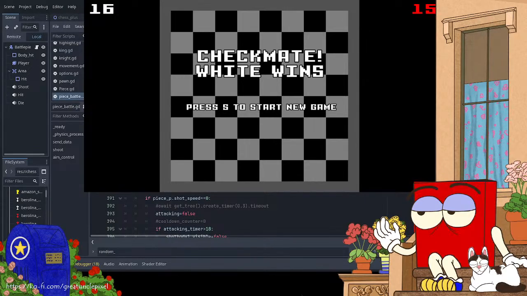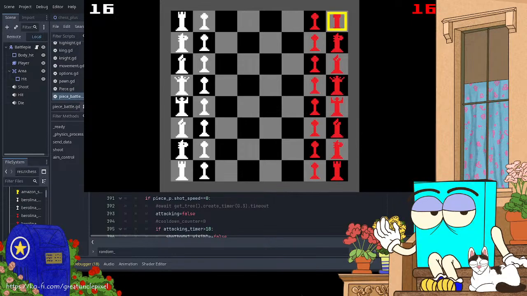King does 2 more points of damage in checkmate mode. Make it harder to take down. Make it a boss fight. More health and more damage in a boss fight. It's not really a boss fight, but